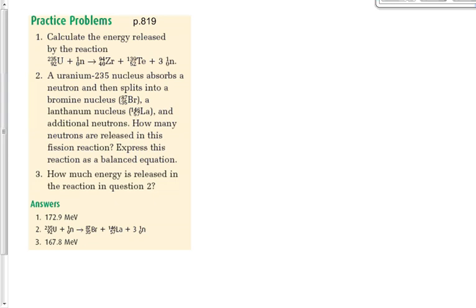Work from Monday, page 819, questions 1 to 3. We're going to take a look at questions 2 and 3. Number 2 says a uranium-235 nucleus absorbs a neutron and then splits into bromine and lanthanum and additional neutrons. We want to know how many neutrons are produced, and we want to balance the equation, express it as a